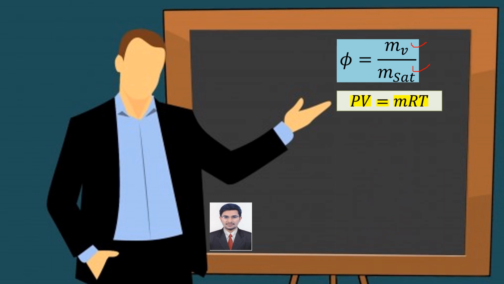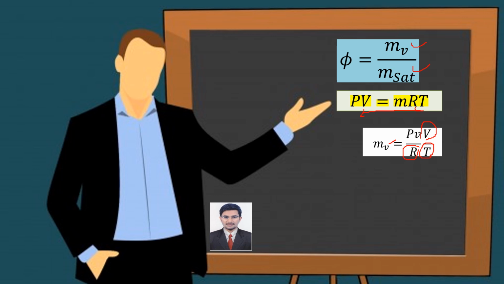So now we'll consider one basic equation, the ideal gas equation. PV is equal to mRT. Now I will take the expression for m on the left hand side, and send this into the denominator. So PV divided by RT. So m is equal to PV by RT, you write for vapor. So m suffix v indicates vapor mass, and PV indicates pressure of the vapor. And dear students, the volume of the room is constant, as well as the temperature of the room is also constant. And the value of R, that is the gas constant, is the same for the given condition.